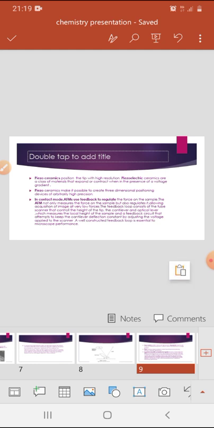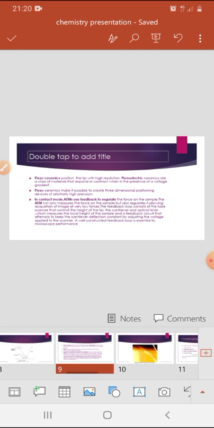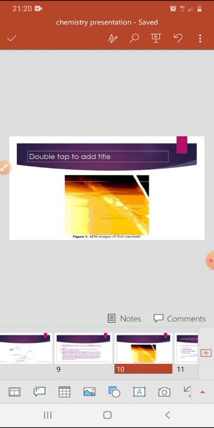In contact mode, AFMs use feedback to regulate the force on the sample. The AFM not only measures the force on the sample but also regulates it, allowing acquisition of images at very low forces. The feedback loop consists of the tube scanner that controls the height of the tip, the cantilever and optical lever which measure the local height of the sample, and the feedback circuit that attempts to keep the cantilever deflection constant by adjusting the voltage applied to the scanner. A well-constructed feedback loop is essential to microscope performance. This is a diagram of an AFM image of the